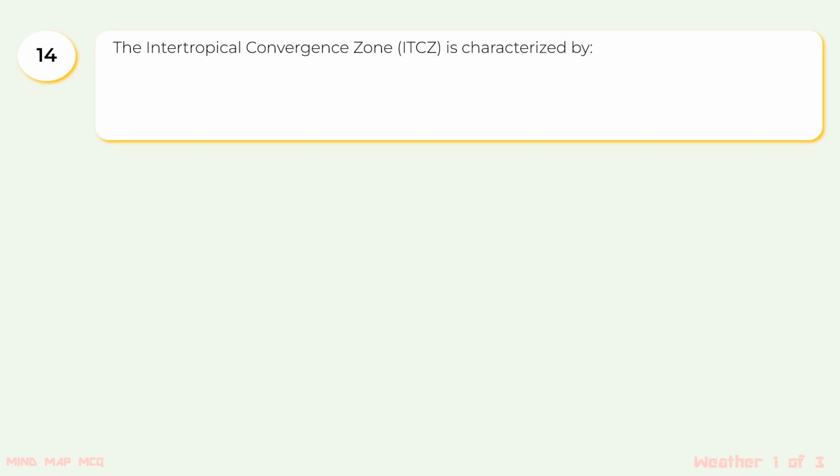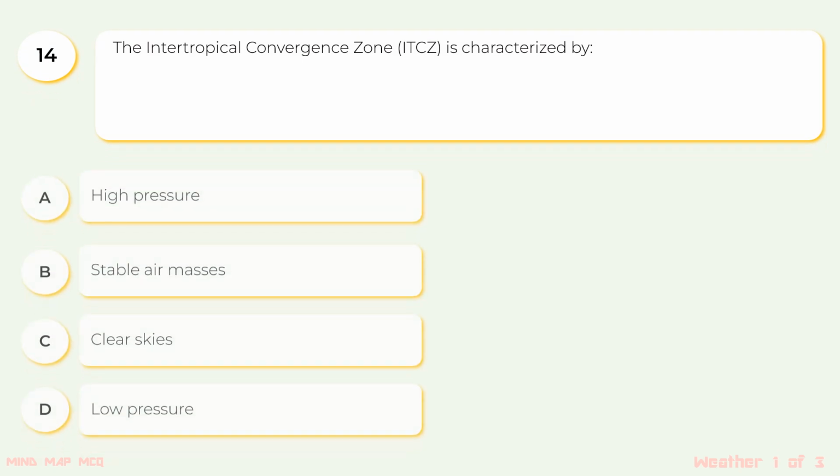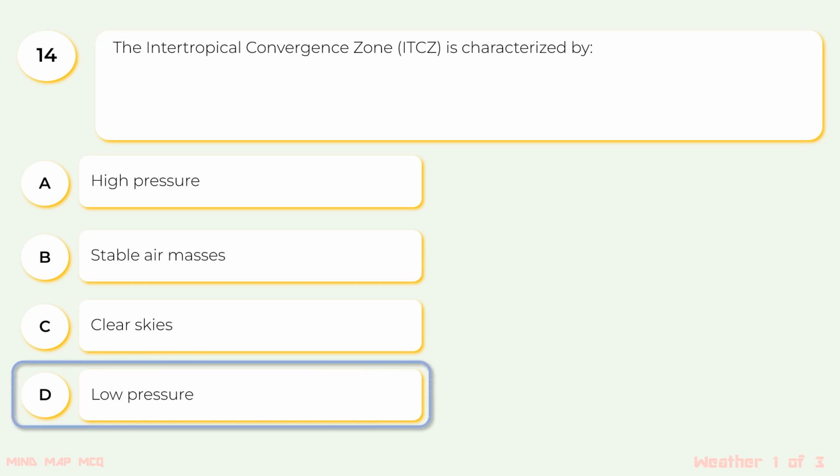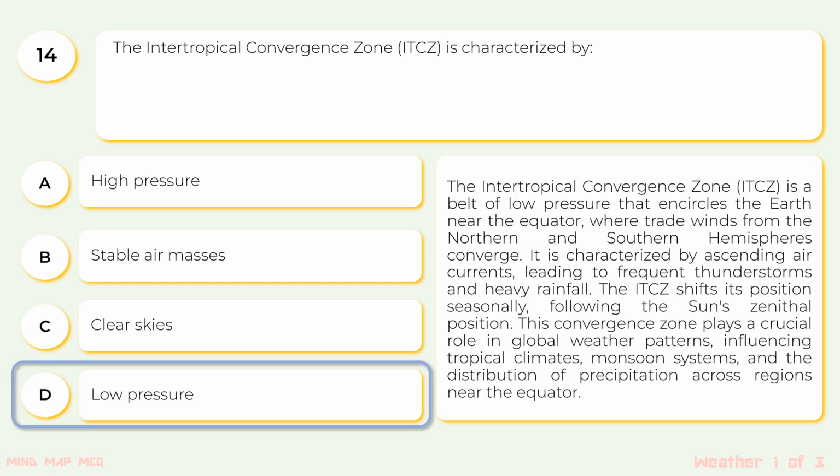14. The intertropical convergence zone is characterized by. The options are A. High pressure, B. Stable air masses, C. Clear skies, D. Low pressure. The correct option is D. Low pressure. The Intertropical Convergence Zone, or ITCZ, is a belt of low pressure that encircles the Earth near the